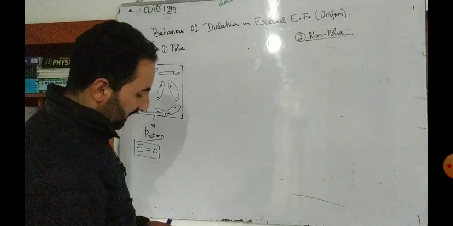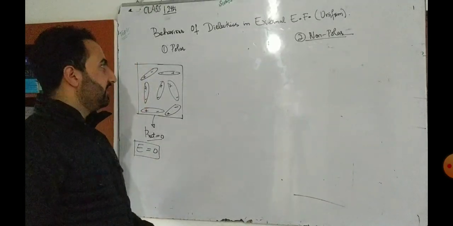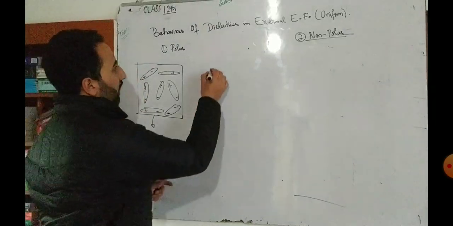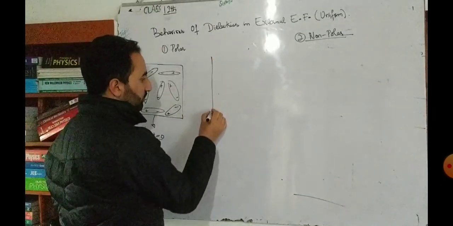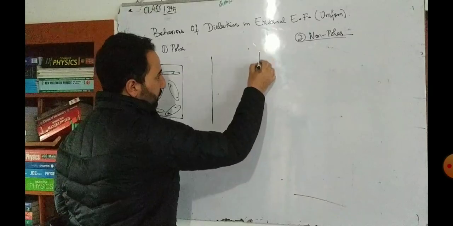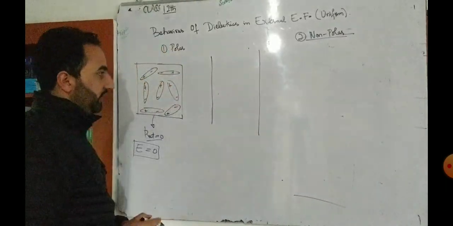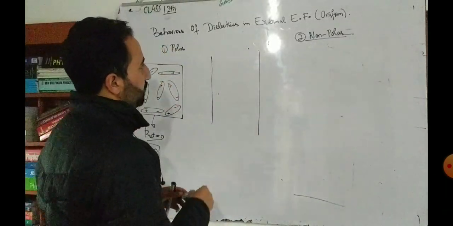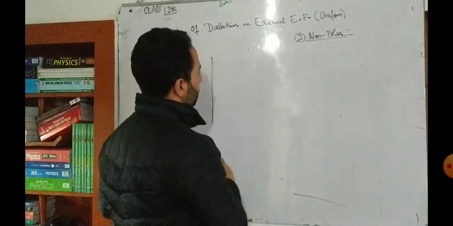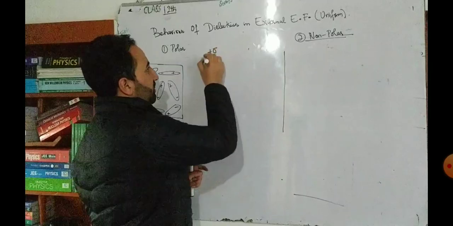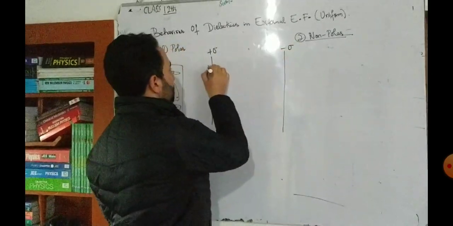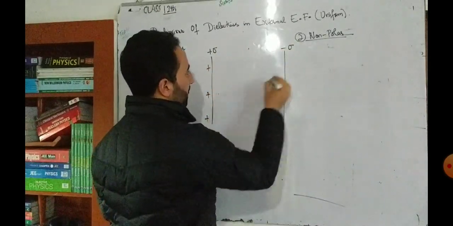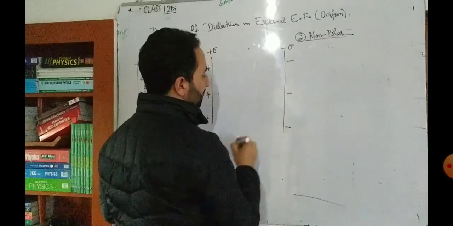In the next moment, I will switch on the electric field. Suppose that here we have a positively charged plate and here a negatively charged plate, okay beta? Suppose we place it here. So this has plus sigma charge density, and this one has minus sigma charge density, like this. Uniform charge density, plus sigma and minus sigma.